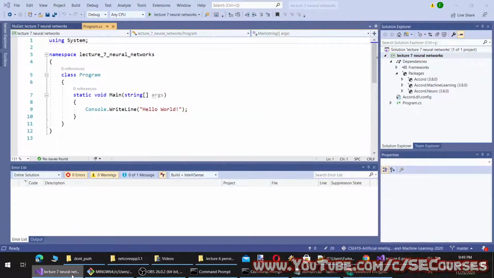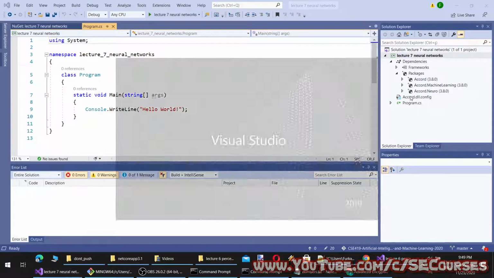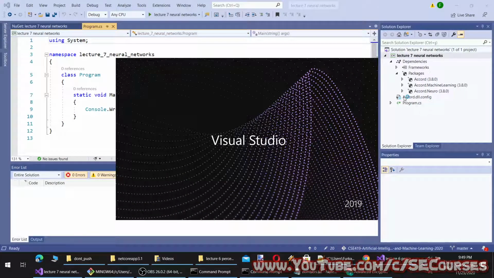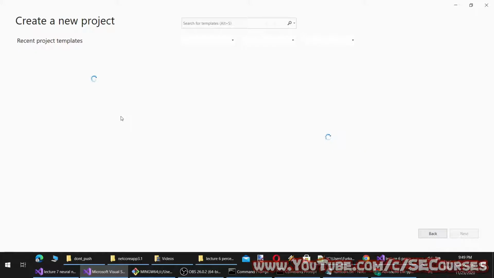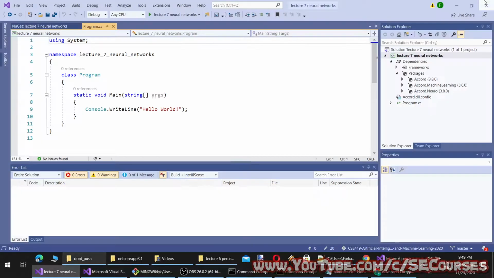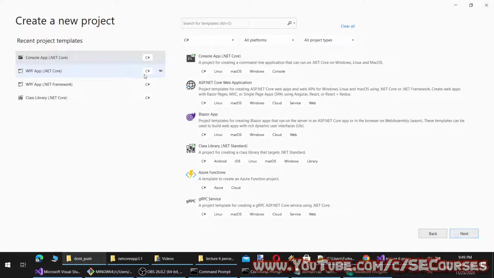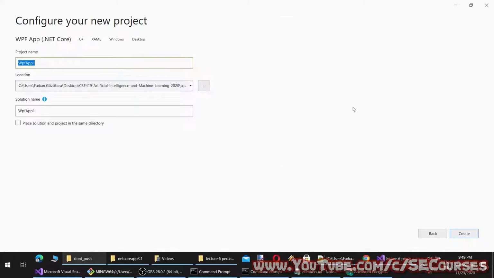I think I will make this a WPF software rather than a console application. So I'm going to compose another project. I will delete the previous one, by the way. Just don't save it. Okay, WPF .NET Core.